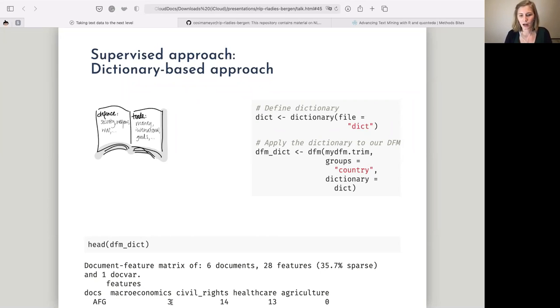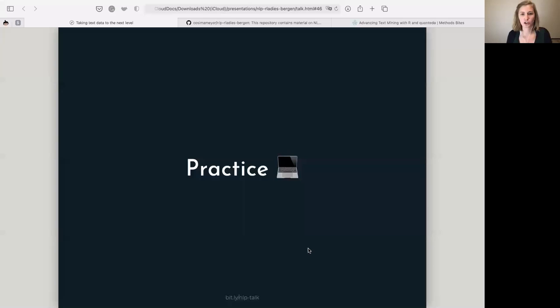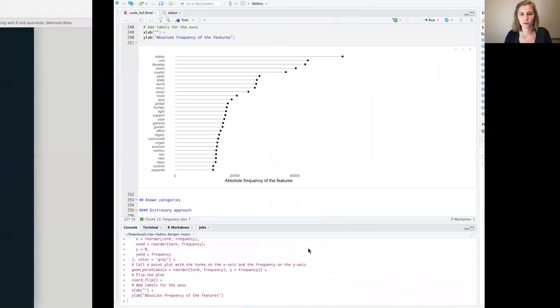And they count all the words that are in there. And based on that count, they then identify which one is the most prevalent topic in that text, and then they identify the topic. Okay, I'm going to show you how that works now,